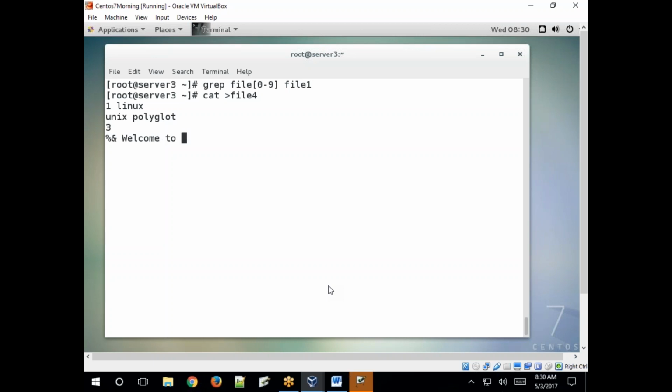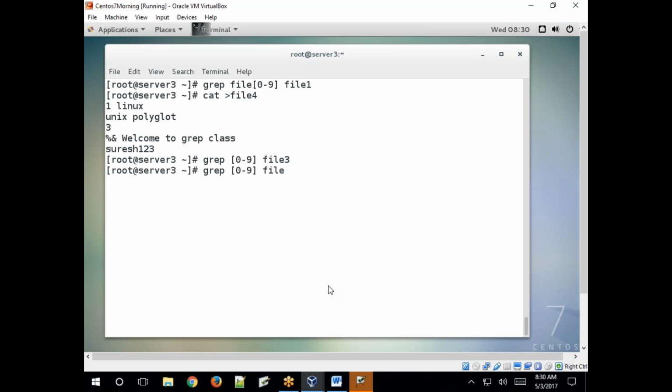Welcome to grep 1. Okay. Control D. Now grep 0 to 9 on file 4.